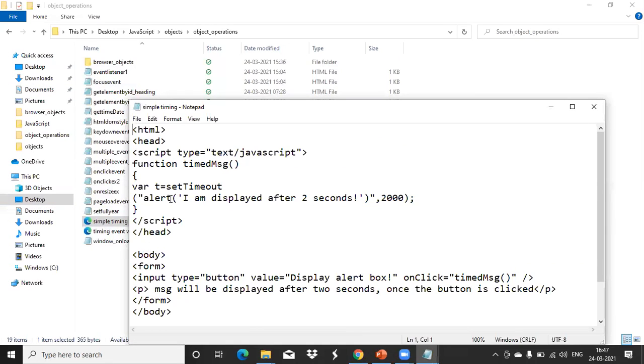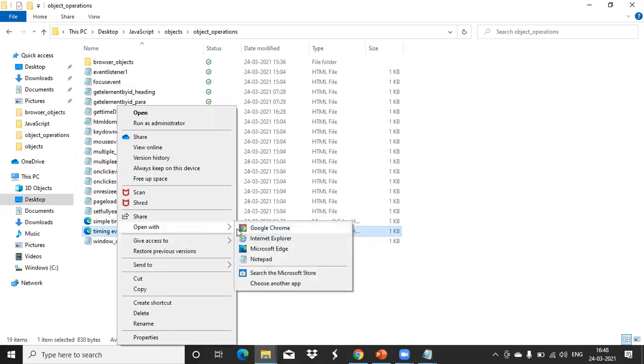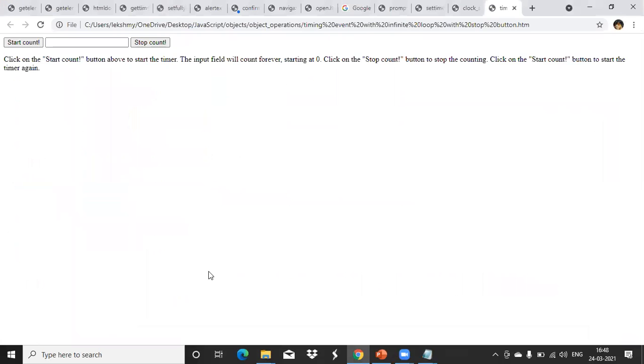See here, again the setTimeout is used in a different way. An alert message is printing like this, after 2 seconds. One more thing we can create. When I click on the start count, that will keep on counting like this.